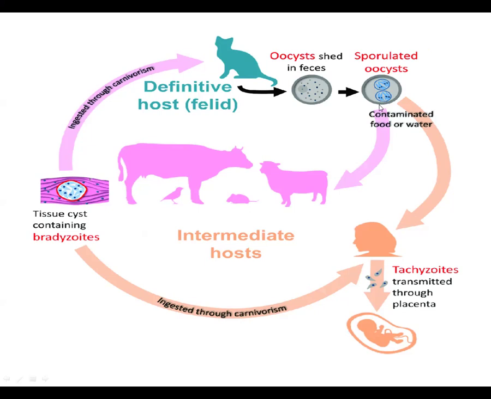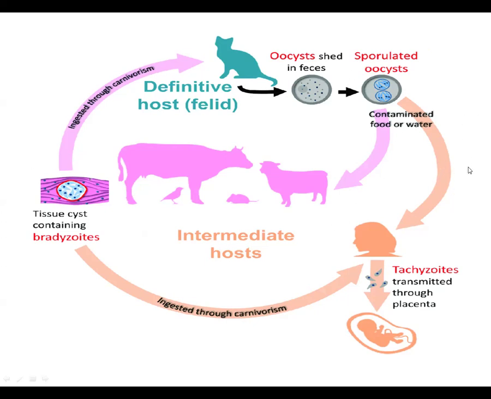Now, first we will discuss the contamination. After contamination of water, this may be taken up by the intermediate hosts, other mammals. Within the tissue, they are present in the form of bradyzoites. Now this tissue or meat is taken up by carnivores, so the cat will acquire it, and humans will acquire it, and in this way there is transmission of the disease via contaminated water.